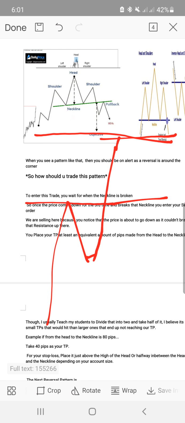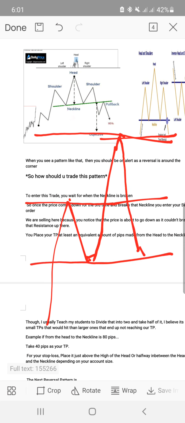As price goes up, it encounters different resistance. So this resistance is strong, but it's not as strong as this resistance. If price was to break here again, it will still encounter a stronger resistance. So now price couldn't break here. It went back and later came back and broke it and encountered a stronger resistance and went down,